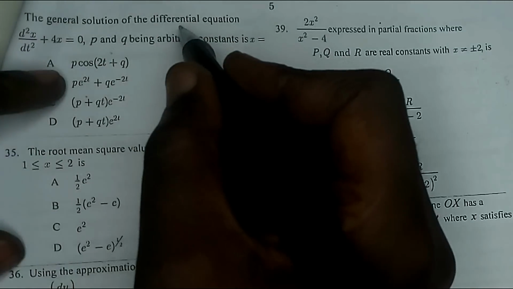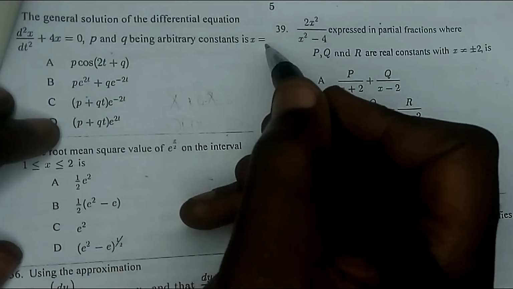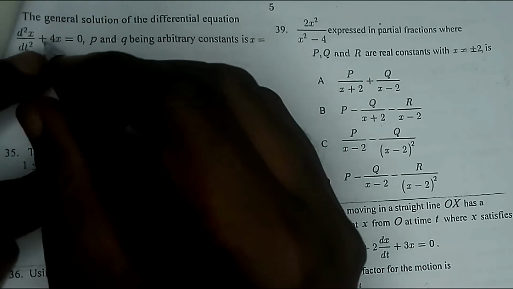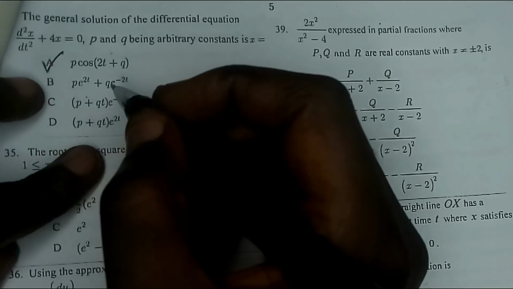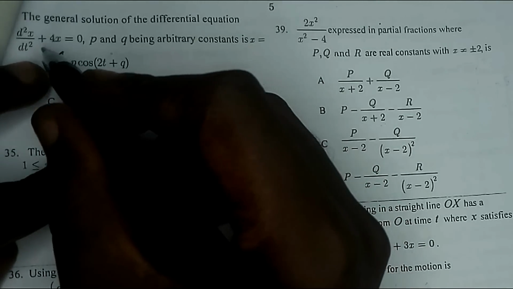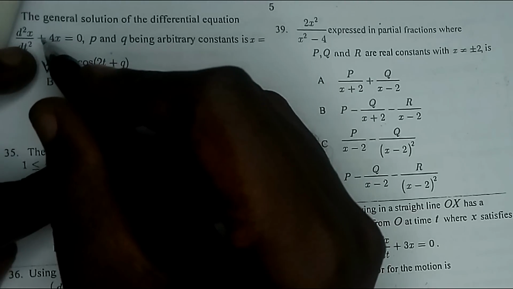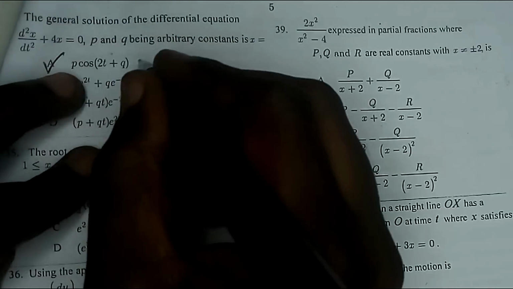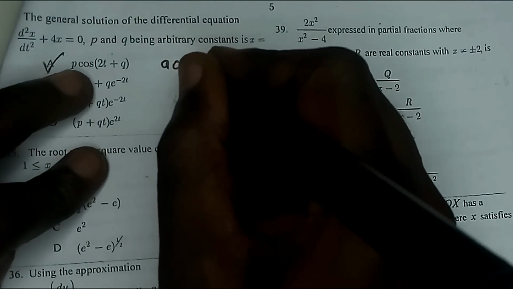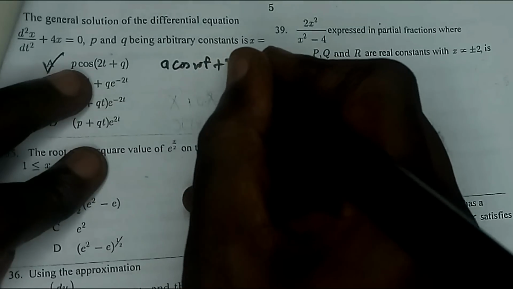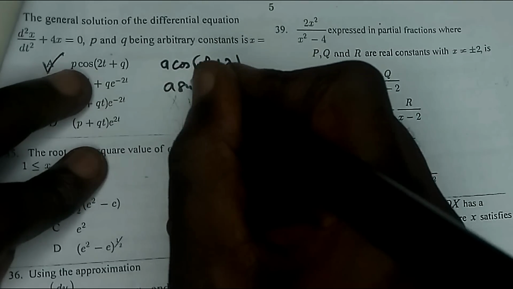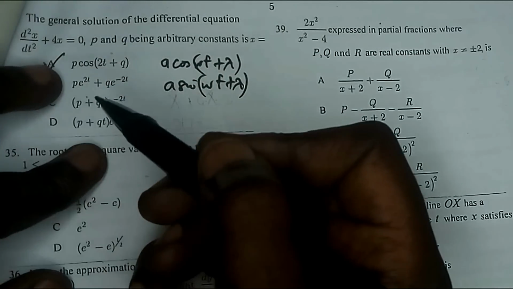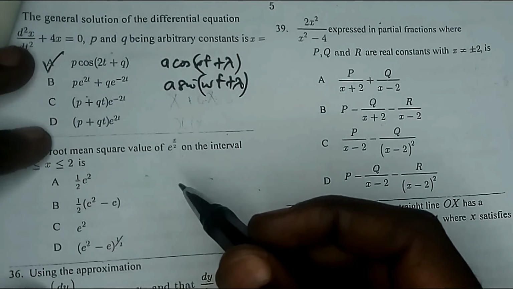34, the general solution of the differential equation, the answer is A. So this is actually the equation of simple harmonic motion, which has the auxiliary equation having complex roots, and it always gives something of this nature. You either write it as A cos(omega t plus lambda) or A sin(omega t plus lambda). That is usually the general solution for this type of equation. So knowing that is very useful in